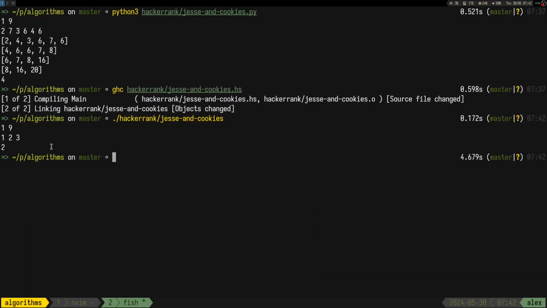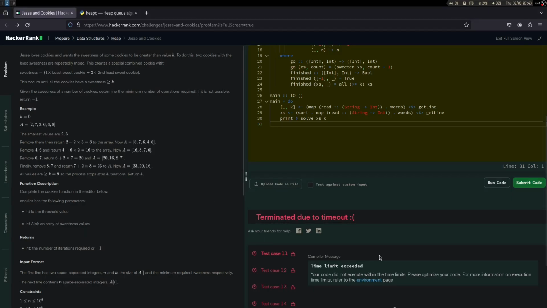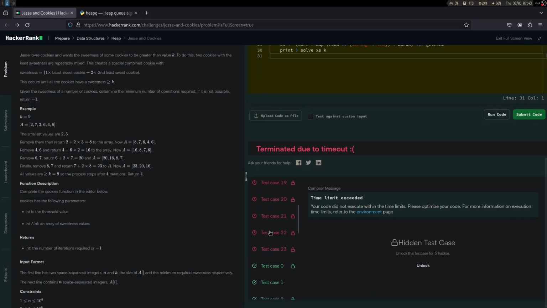One, two, oh, I guess 1, 2, 3 works then. Okay, so the algorithm is fine. But yeah, it seems like I don't think it's possible to